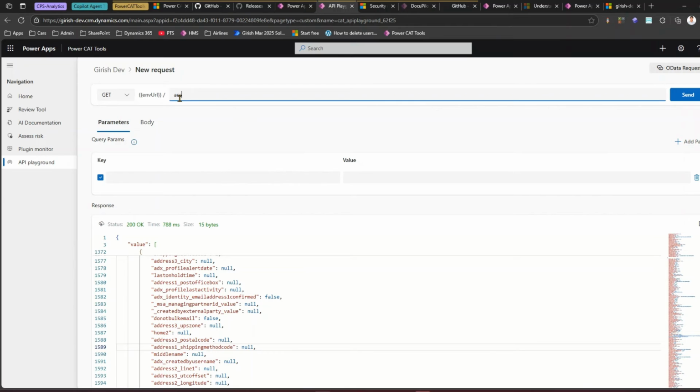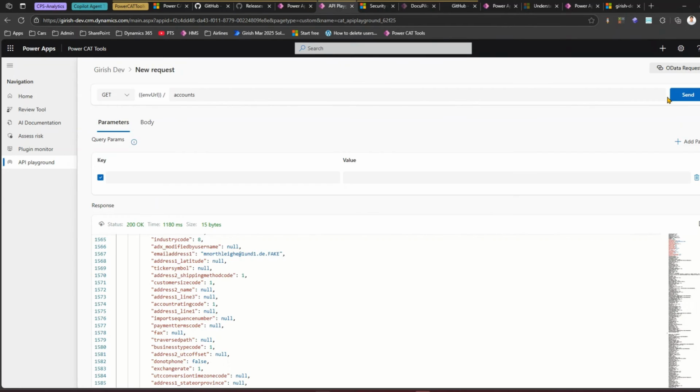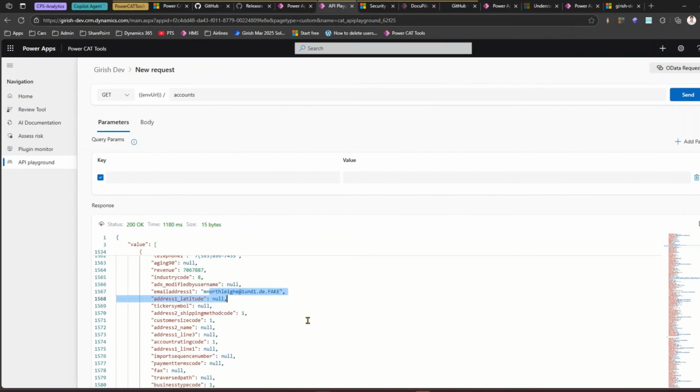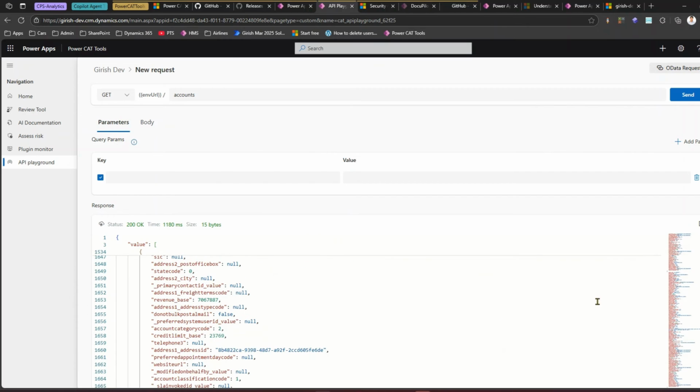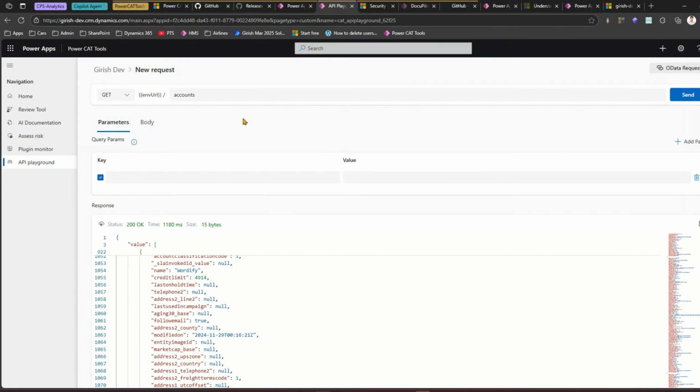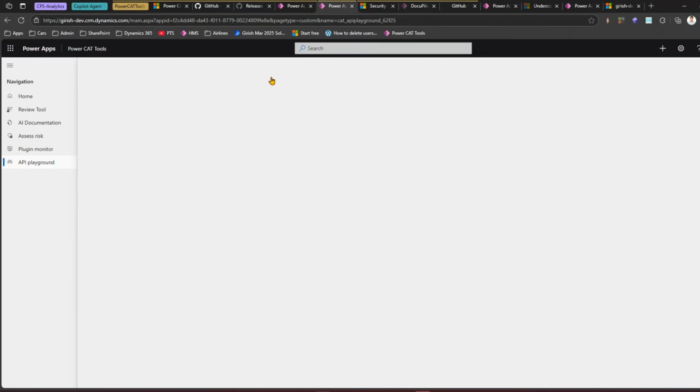Okay, now similarly, if you go into the other table, say accounts, you can do the same operation, accounts, and then it will send out a request and it will give you the information. Now as you see, I've got this account, and then there are a whole bunch of accounts, as you see from the list over here. Now that's about OData request, just passing out. So you can even do post, patch, put, delete as well. I've just given you a simple example. Now that's about API playground